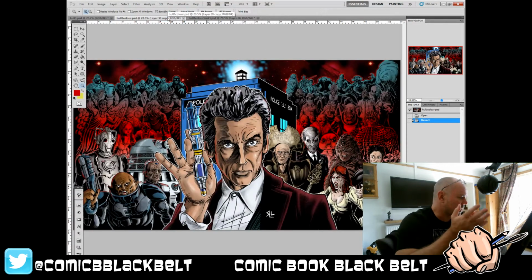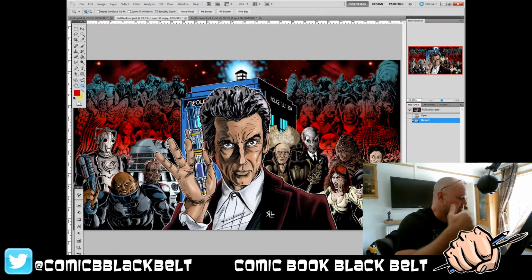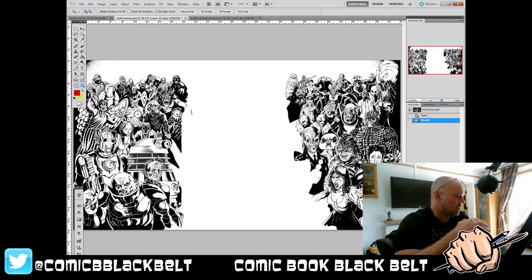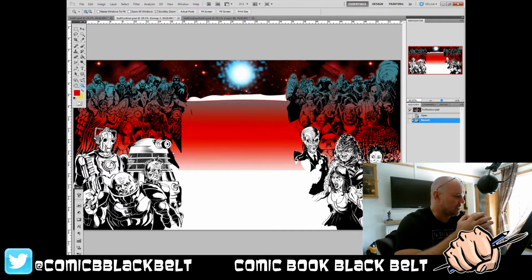So you can see here I've got into the finished inks, and now I'll show you how I laid down some colours, so I can break down the layers of how that worked. I separated things out as well to make it easier for myself, both in the inks and in the colours. I've spoken before about using layers in Photoshop, in inking and in colouring, and it's such a useful tool. I would pitch it as probably the most useful aspect of using Photoshop is the fact that you can layer things, and how it gives you the ability to separate out